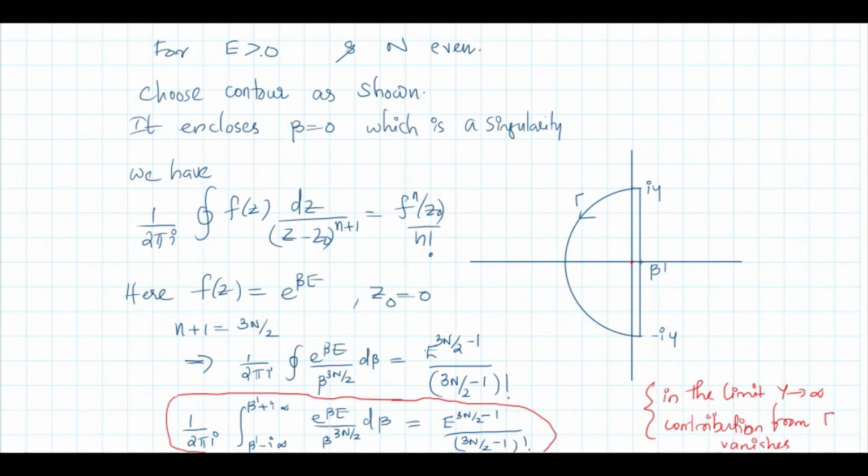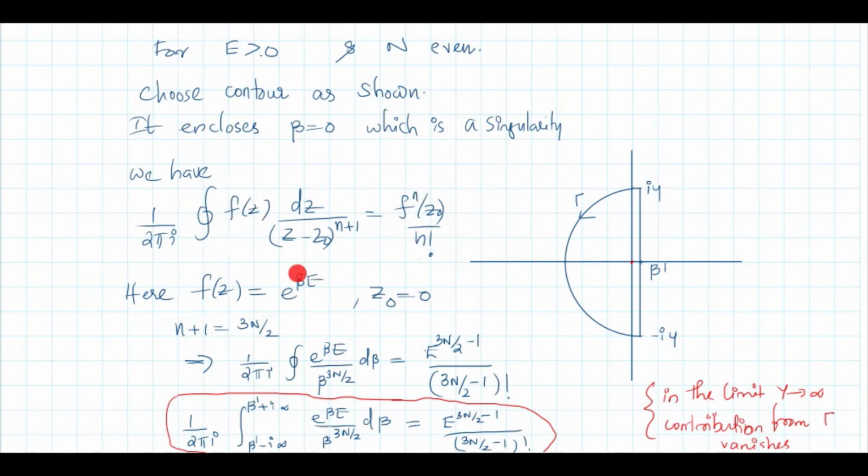Okay, this will not diverge. But if you close in the right side, that will diverge. This will diverge. Now, this is the contour. Again, this is your Cauchy integral formula for derivatives: 1 by 2 pi i, closed integral of f of z dz by (z minus z naught) raised to n plus 1, equal to f raised to n of z naught by n factorial.